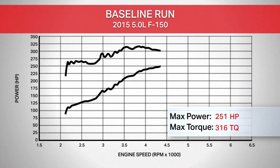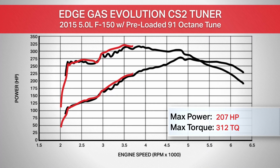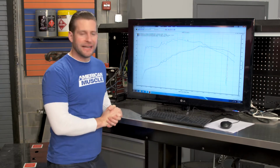Baseline run using our 2015 5-liter F150 on 87 octane gave us 278 horsepower and 316 pound-feet of torque at the rear wheels. With the Edge 91 octane race tune, the truck made 282 horsepower, 328 pound-feet of torque at the rear wheels, 4 horsepower and 12 pound-feet of torque peak, and 15 horsepower and 14 pound-feet of torque under the curve. Breaking down these numbers a little further, guys, the blue line is our baseline pull using 87 octane